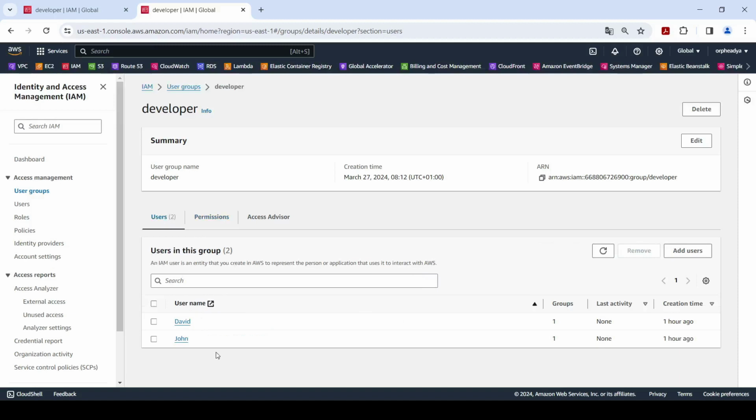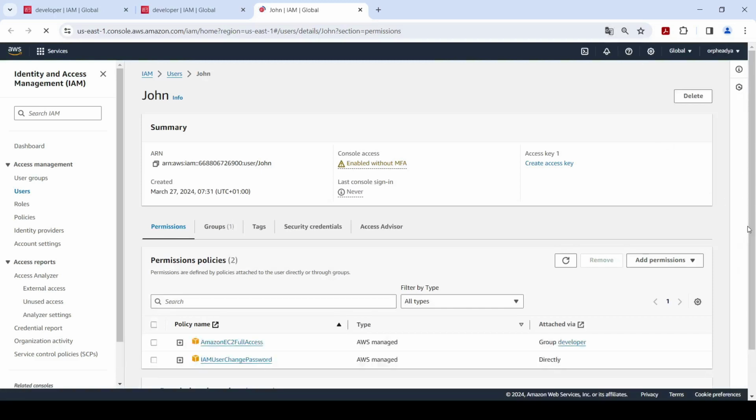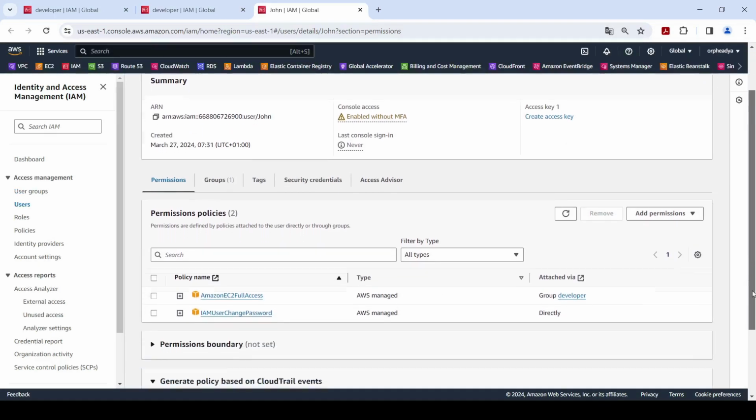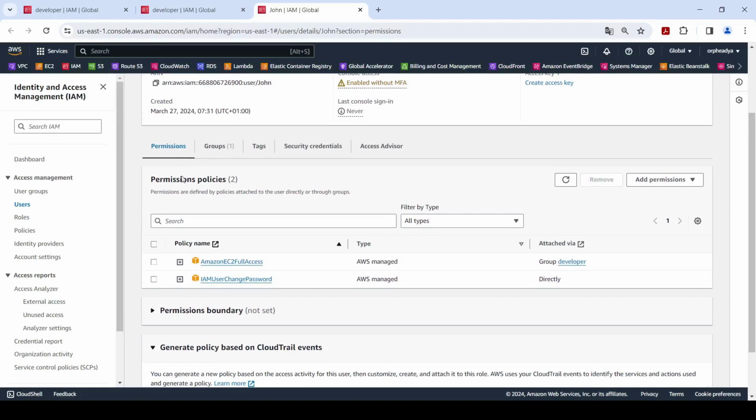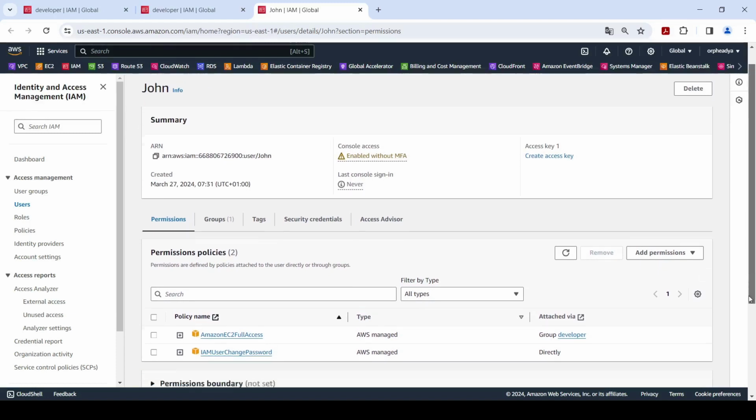If we look at the permission of each user, for example John, if we go down to permission, we can see that the user John has 2 permissions.